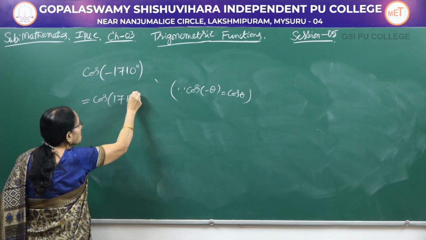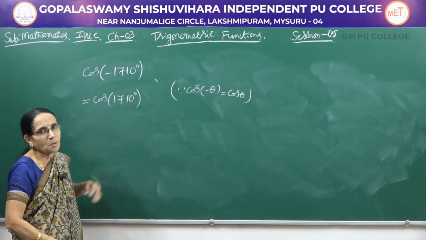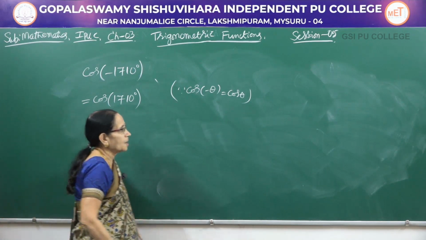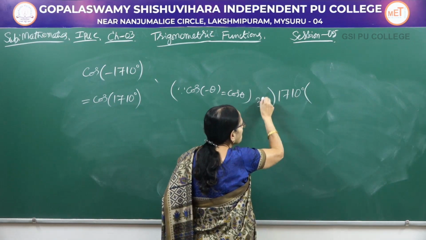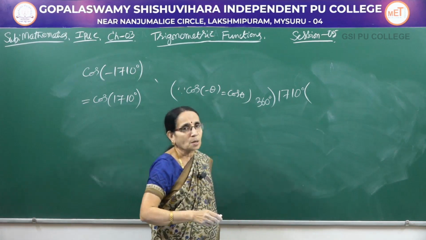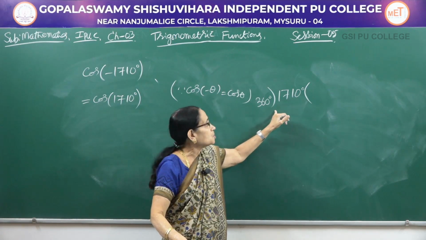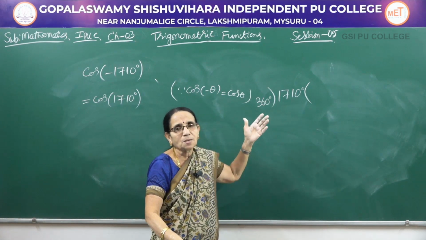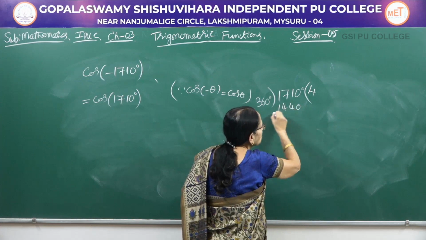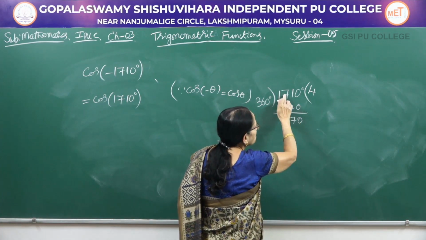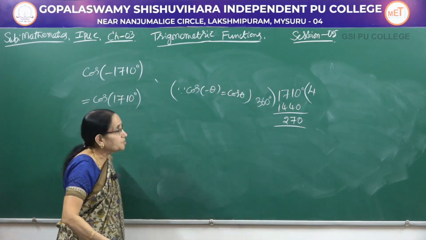It is cos of 1710 degrees. So that minus sign has been taken into consideration. So now come to the angle 1710 degrees. How many times can you divide? I think you can divide it 4 times. One time is 360, 2 times 720, 1080, 1440, like that. 5 times means it becomes 1800. So you can divide this 4 times: 1440, then 7 minus 4, and here 6 minus 4, that would be equal to 2. So it is 270 degrees.